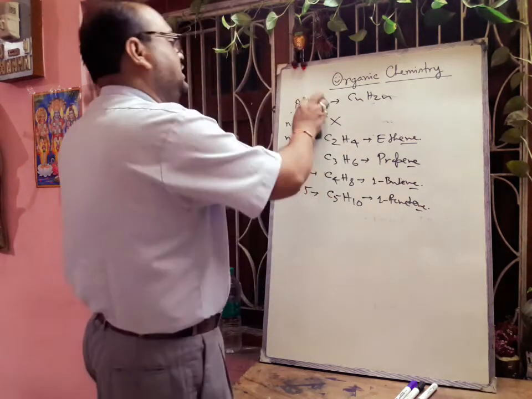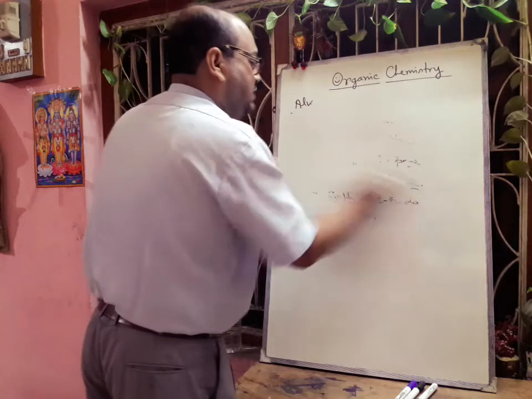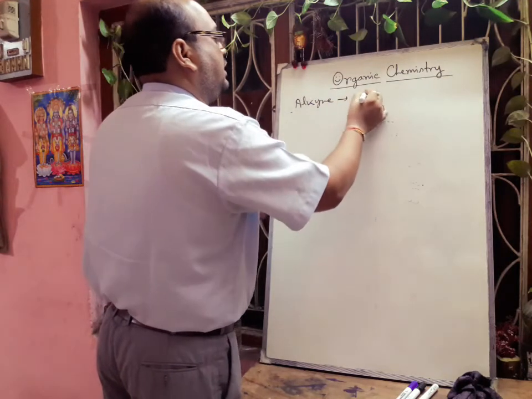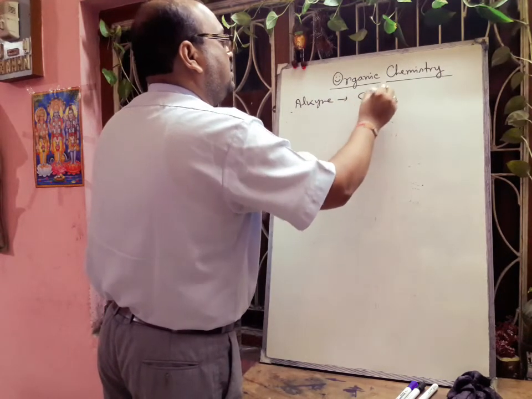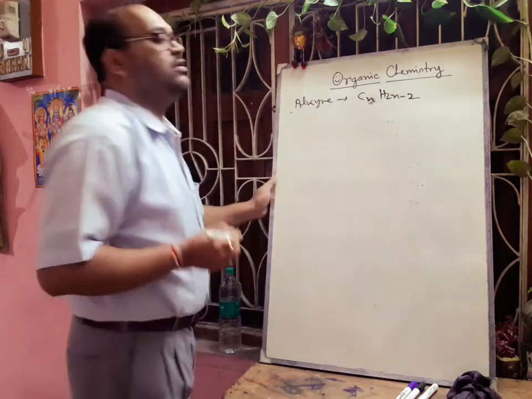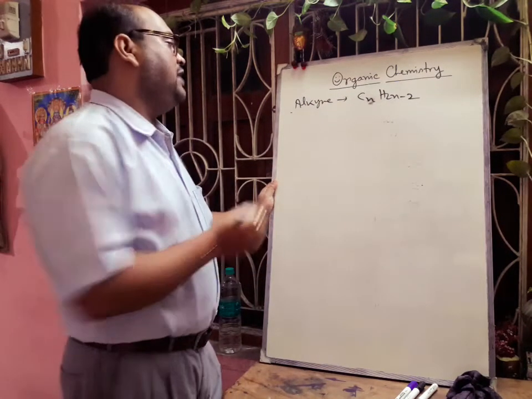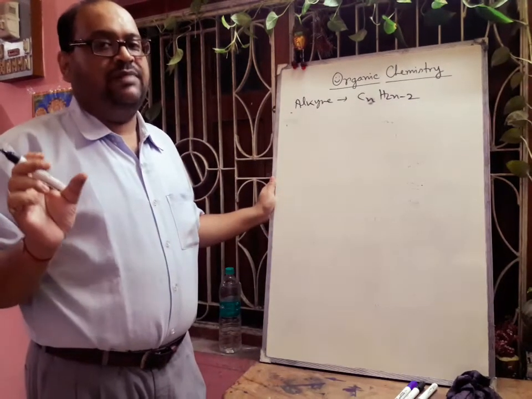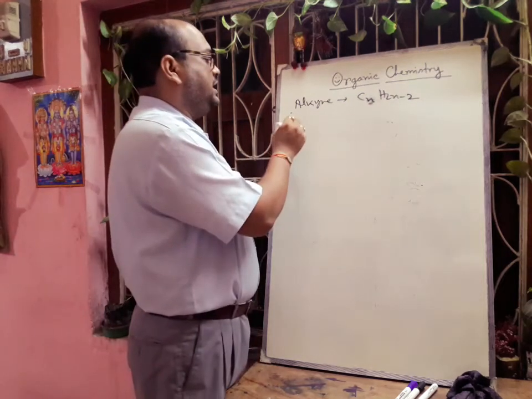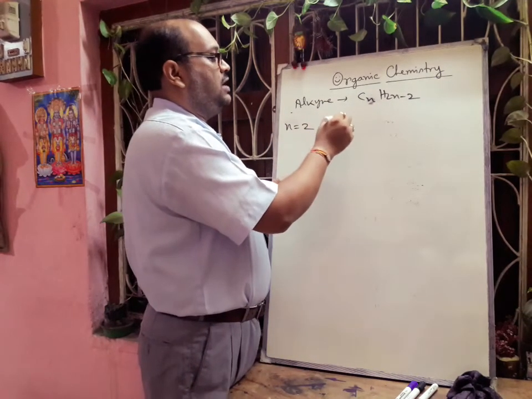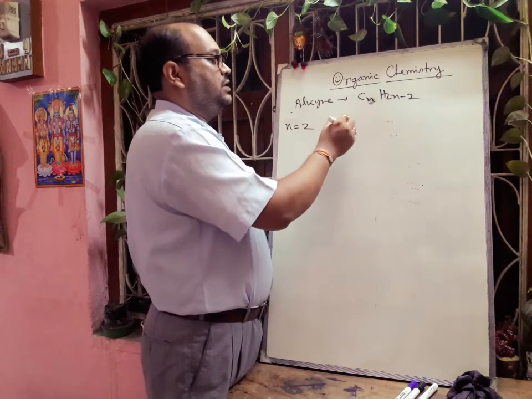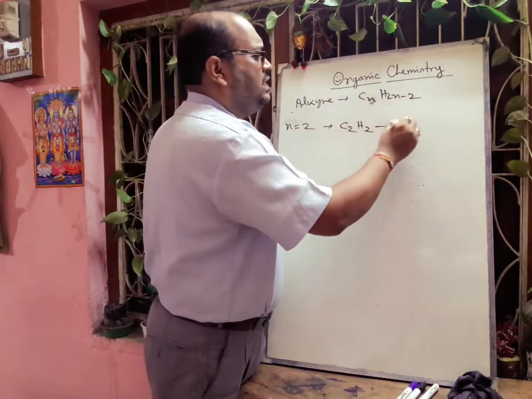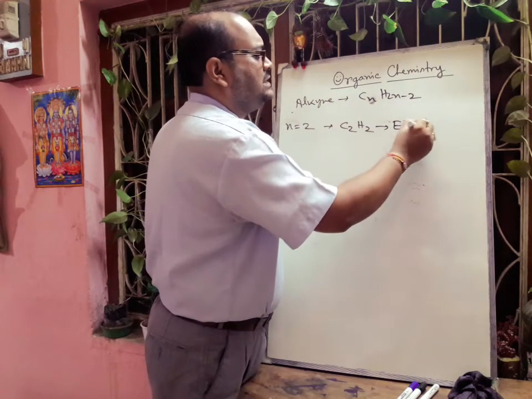Next, another homologous series I will discuss, that is called alkyne, the hydrocarbons. Okay, here the general formula is CnH2n minus 2 in case of alkyne. When we put n is equal to 1, that is also not possible, because for the formation of a triple bond, minimum 2 carbons are required. So we will start from n is equal to 2. The first member of this alkyne series will be C2H2. This one is called ethyne, or its common name is acetylene.